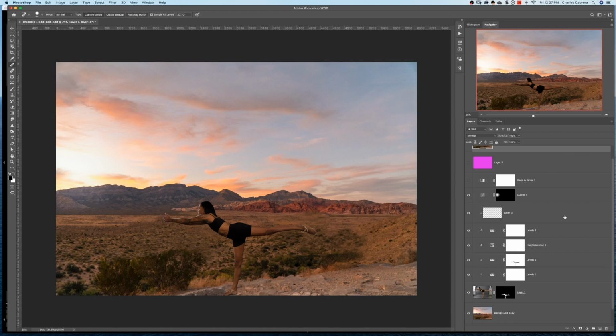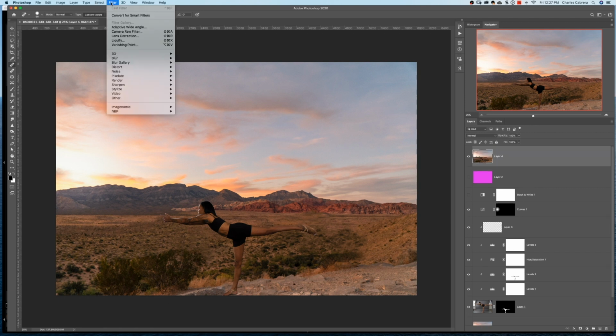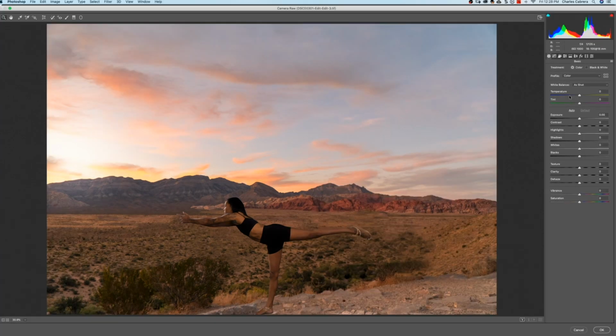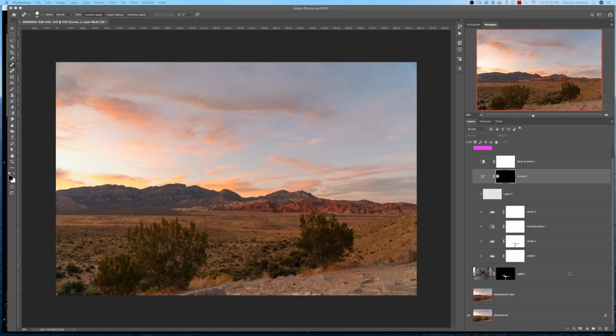Now, Photoshop's editing is done by adding adjustment layers here in the layers panel. Or you can also utilize the Camera Raw filter and make adjustments very similar to how you would do this in Lightroom. Photoshop has a really advanced capability and something that you can't do in Lightroom, and that is creating composites. So this is a composite here.